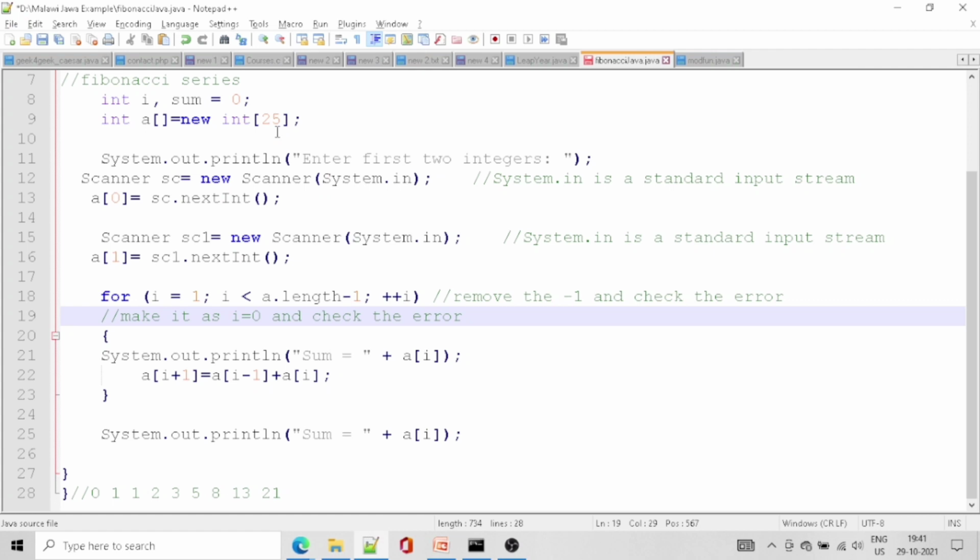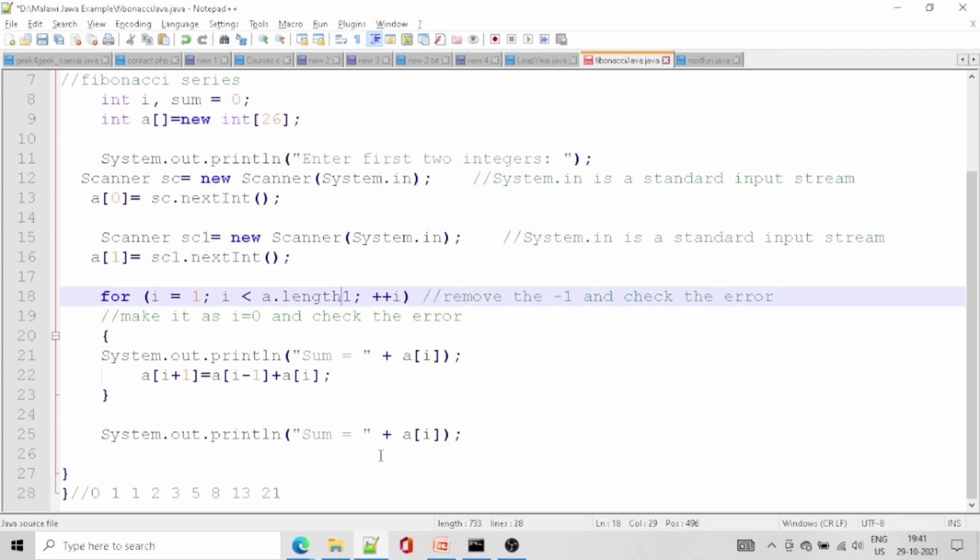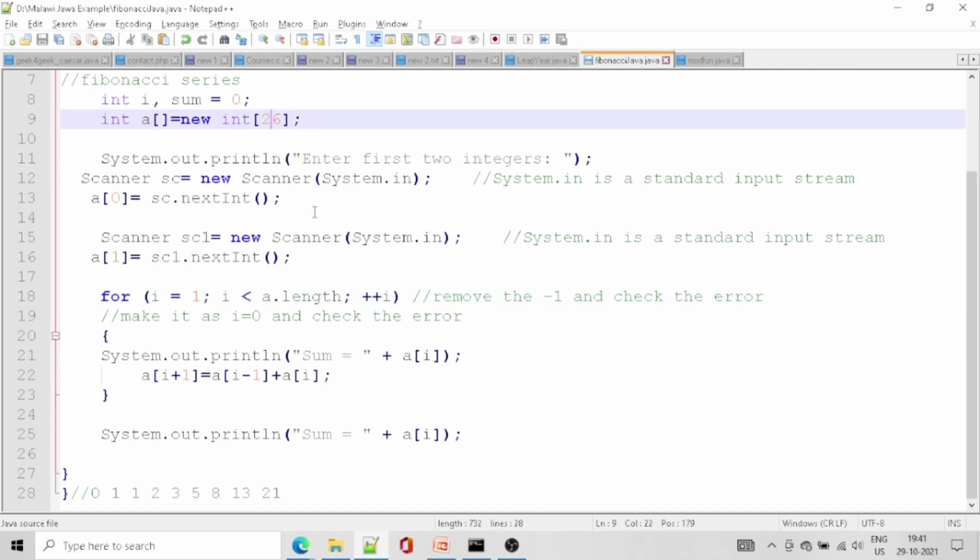A dot length is 25, but we started at a of 0, so it shows some errors if we cross 24 itself. So we can increase 1 over here to make it 26, and we don't have to put it over here. I think it shows some error because the length is always 26, right? We increased the size to 26, but still it moves on, right? So check what it tells if we change this one.